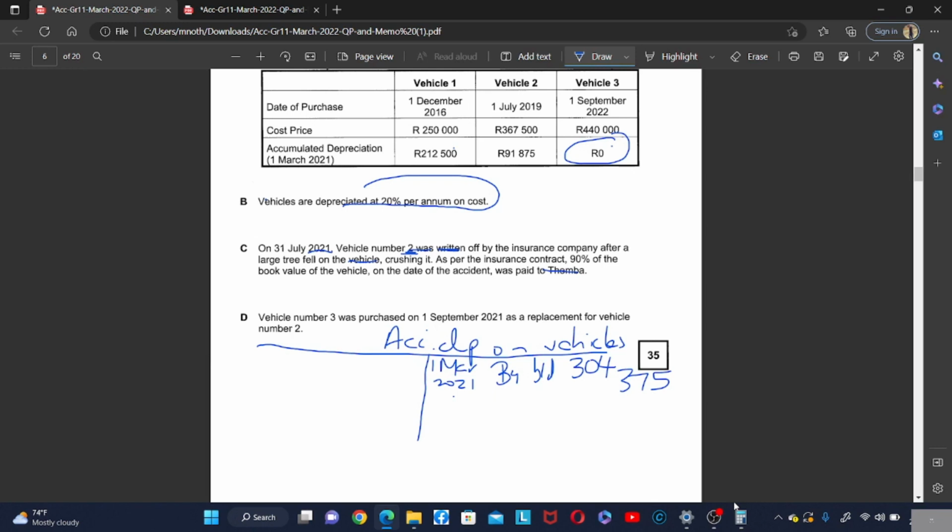So let's calculate the depreciation of the vehicle that was crushed. Because this vehicle was crushed during the year, meaning that before it was crushed, it had depreciated. So if we start to count from 1 March to 31 July, it's March, April, May, June, July. It's 5 months. So we're going to say